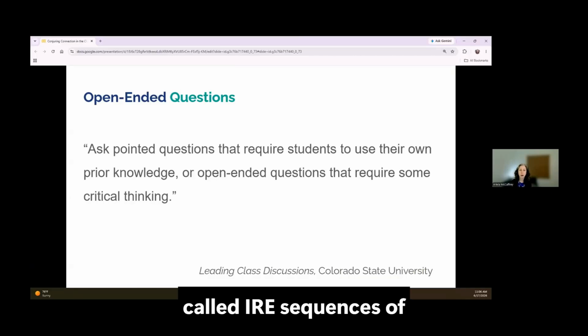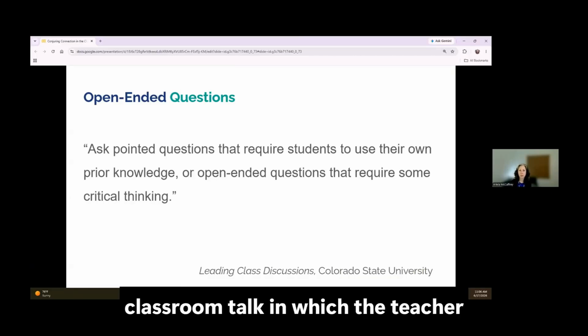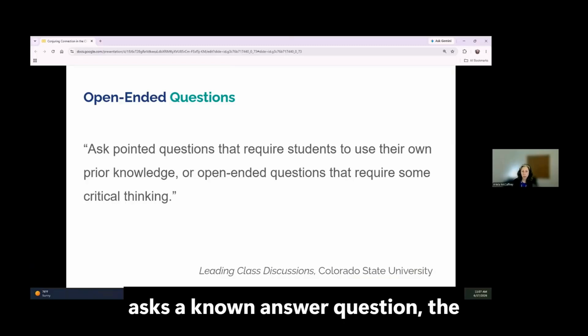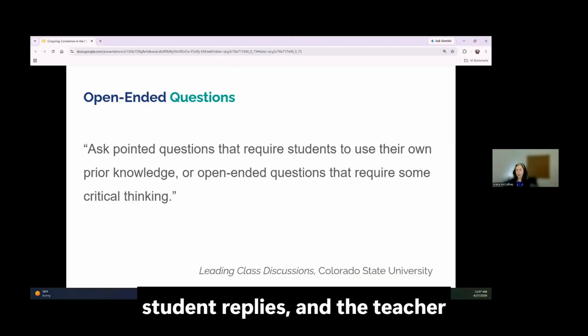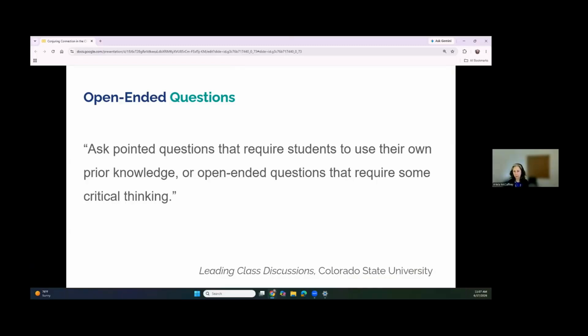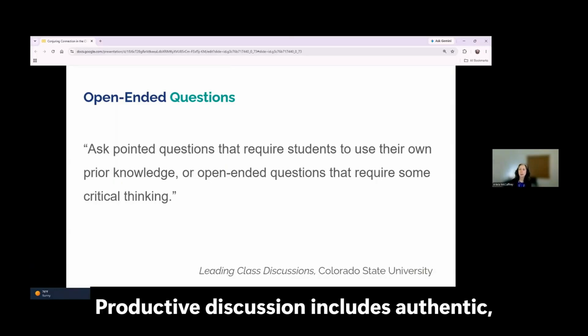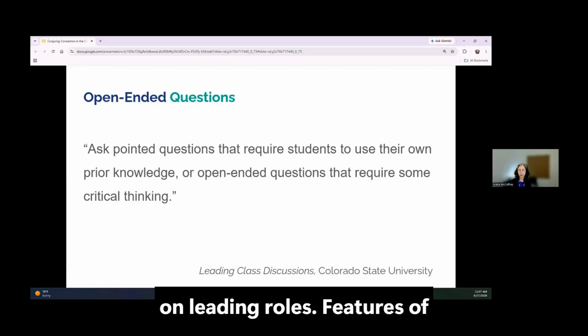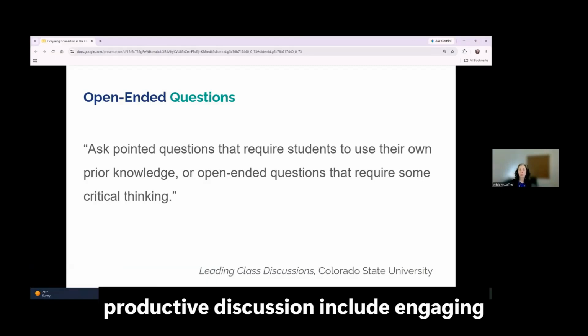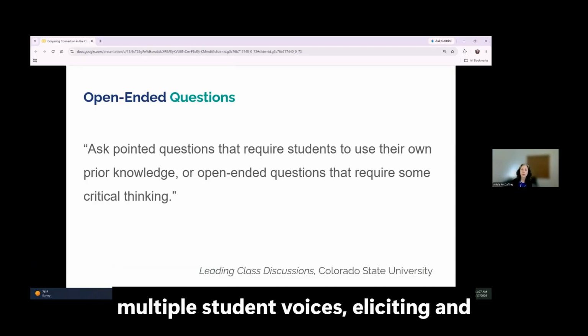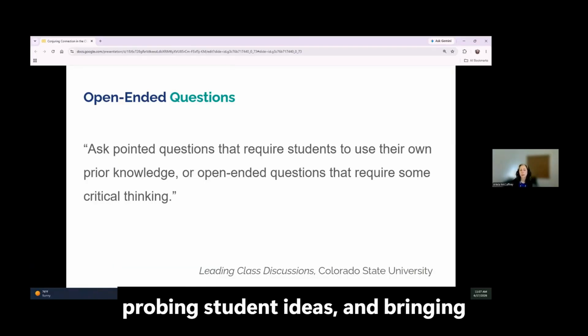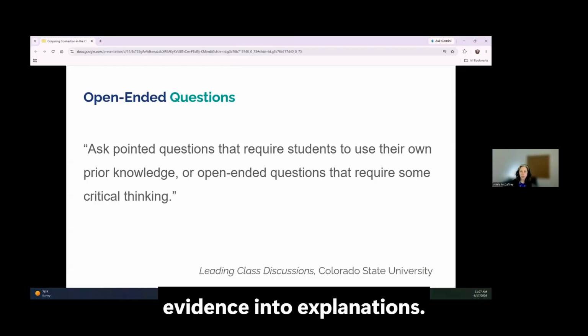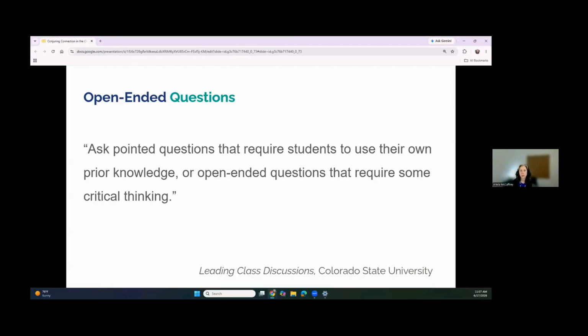It's called IRE sequences of classroom talk, in which the teacher asks a known answer question, the student replies, and the teacher evaluates. Productive discussion includes authentic, open-ended questions, and students take on leading roles. Features of productive discussion include engaging multiple student voices, eliciting and probing student ideas, and bringing evidence into explanations.